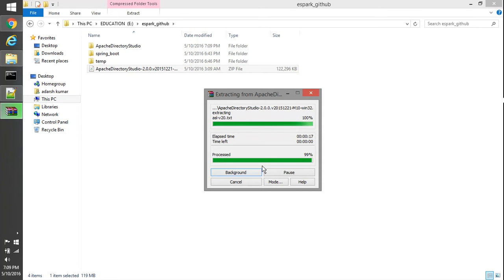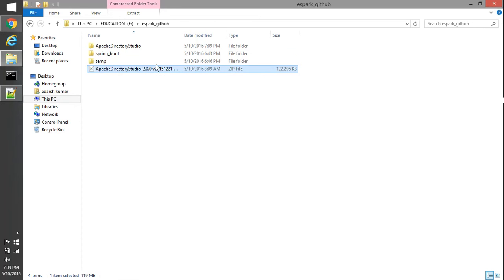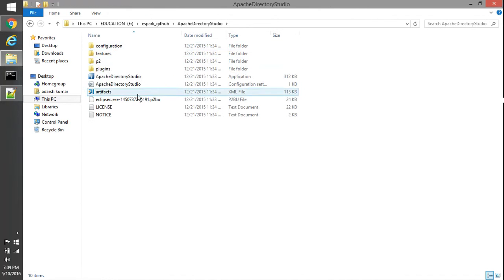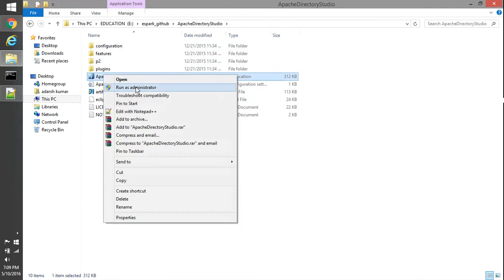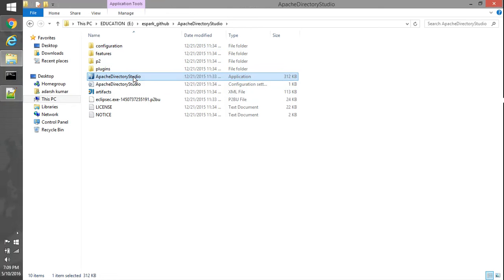This is Apache Directory Studio 2.0. We'll go inside this folder and find Apache Directory Studio to start the application.